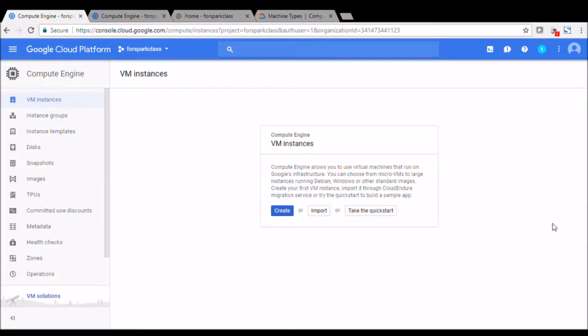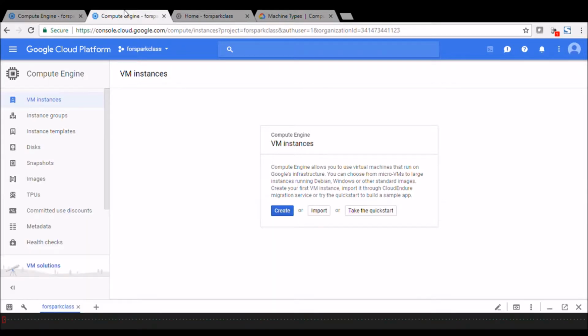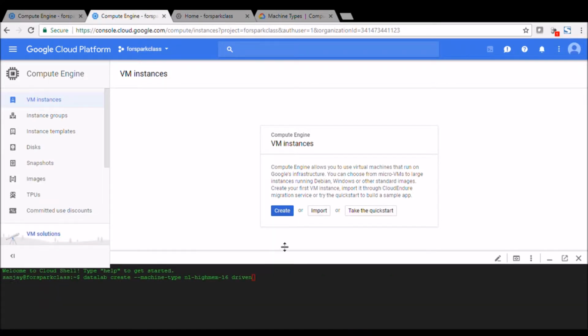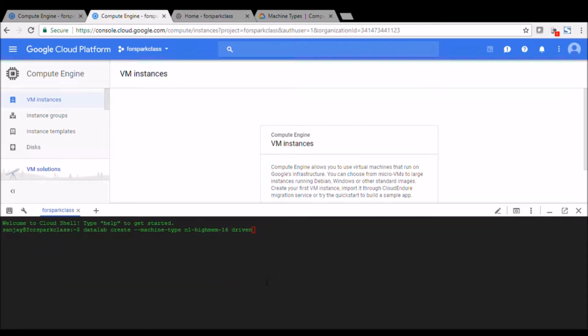Now I'm going to show how to launch an instance on Cloud Datalab. I've opened Google Cloud Platform here. You just go to the console. I have it open here already. Now the best thing about Cloud Datalab is that you can have it up and running by just executing this